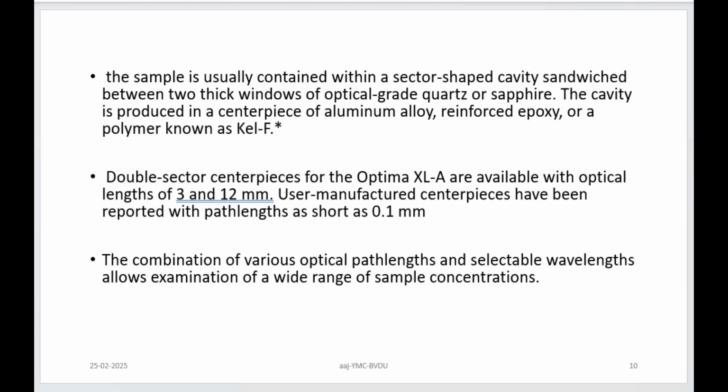But generally, how much is that? It is about 3 to 12 millimeters. You can imagine how small that distance the light has to pass through. The path length can be as short as 0.1 millimeter. In a colorimeter, the path length that you use is 1 centimeter. That is the dimension of the cuvette, right? Here it is as little as 0.1 millimeter. So optical path length and selective wavelength are going to be very important depending upon the material or analyte to be characterized. You have to select the source of light, you have to select the wavelength from that, and you have to select the path length for the system.